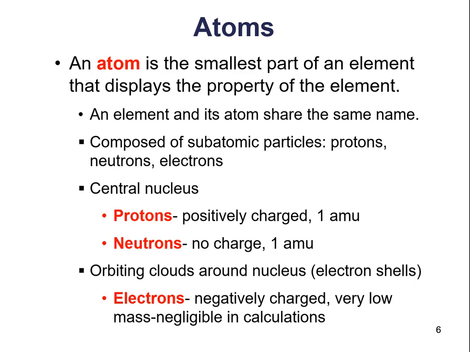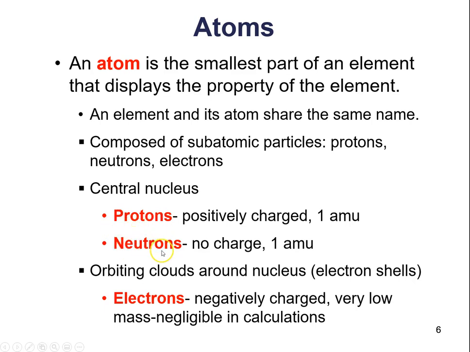And so it says an element and an atom share the same name, right? So we can say a carbon atom, okay? And those atoms are composed of particles, these subatomic particles: protons, neutrons, and electrons. Okay, so protons, neutrons, and electrons make up the atom. If you talk about the central nucleus of the atom, the center part, the central nucleus is composed of